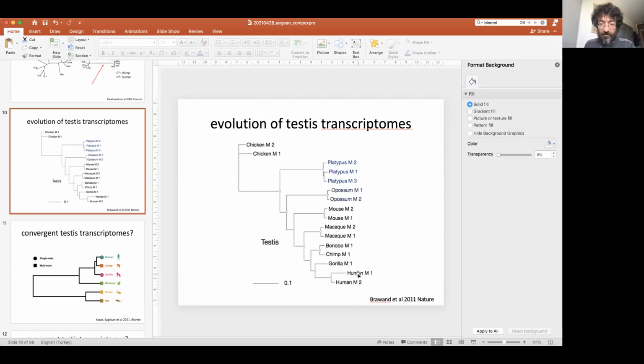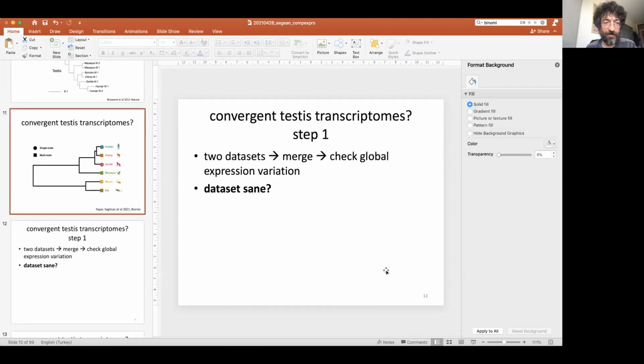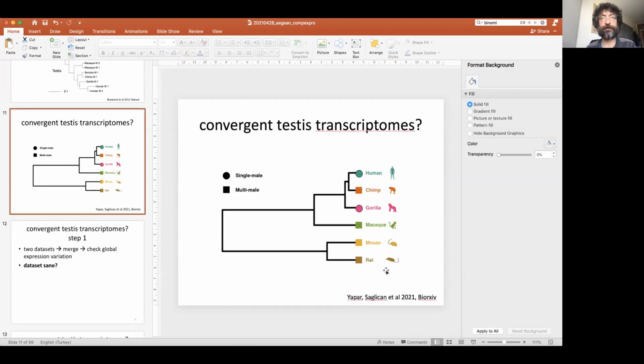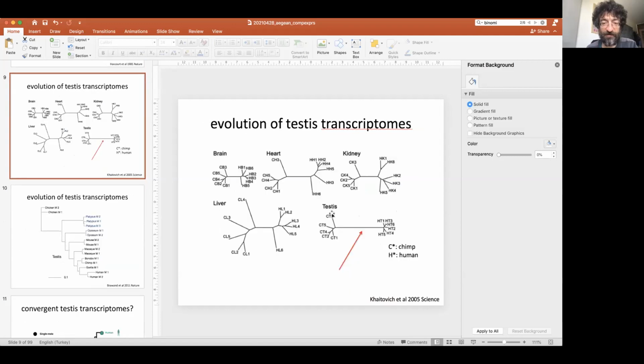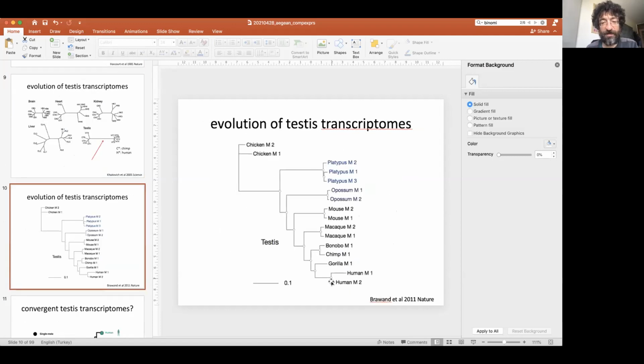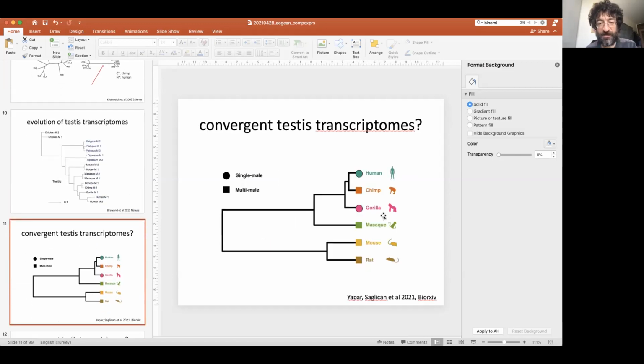And this was interesting, but these guys didn't really do much further on this topic. So one thing we decided to do a long time ago, and finally now we've managed to finish up the paper, and it's under revision anyway, was to join these two data sets, where we would have a lot of humans and chimps, and also gorilla and macaque and other species, and then test if there is convergent evolution in testis transcriptome levels.